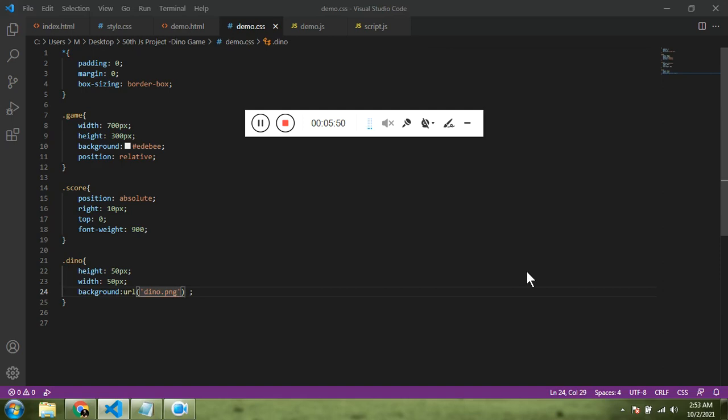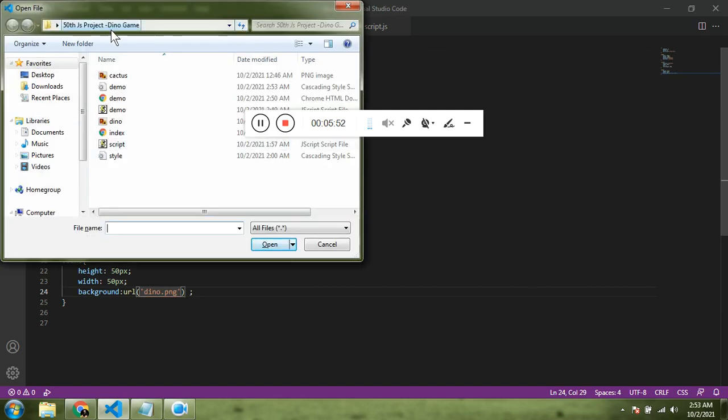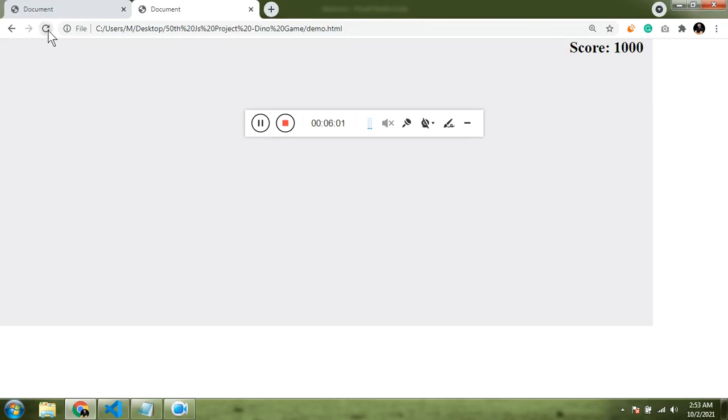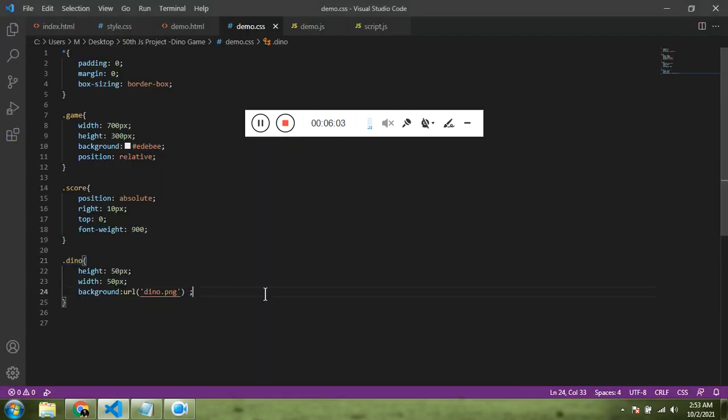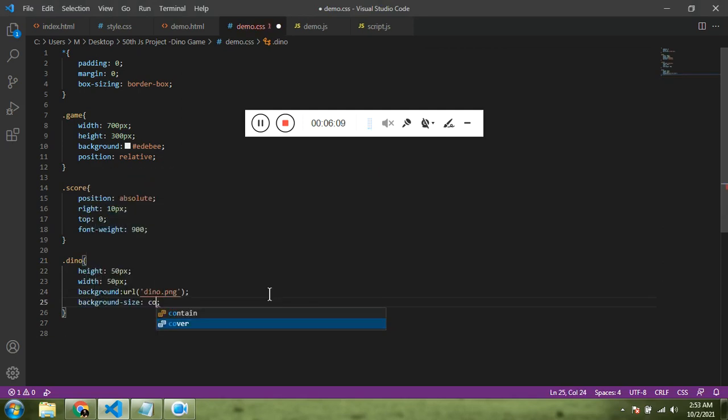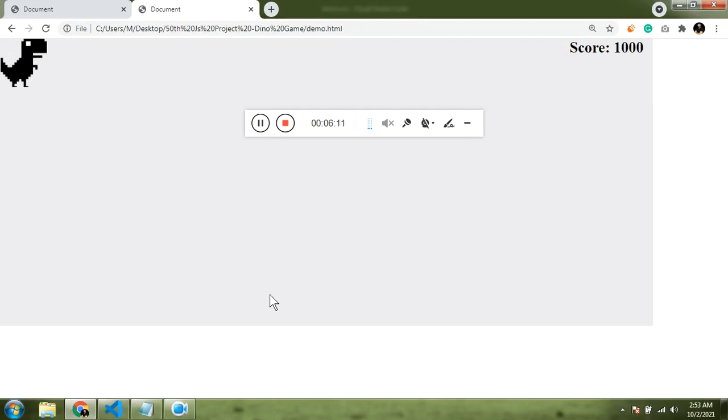If I show you in the same folder, you can see we have two PNGs. The first one is cactus and the second one is dino. So let's see how it looks. It is not going to show up, so we have to use the background-size property for it. We'll use cover. Now we got it.